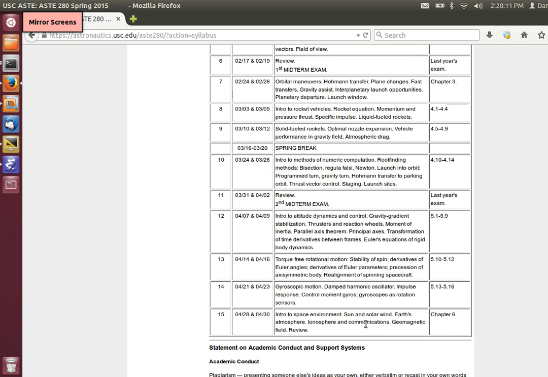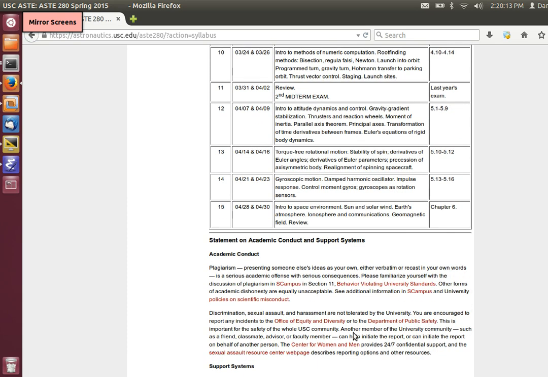And as on every syllabus, you're supposed to pay attention to a thing about academic conduct. You guys, I'm sure, have run into this in other classes, but the university mandates fairly strict penalties on plagiarism. And in this class, I'm not asking you to do any big projects. I will ask you to take exams, and I will be kind of watching you while you take the exams, and